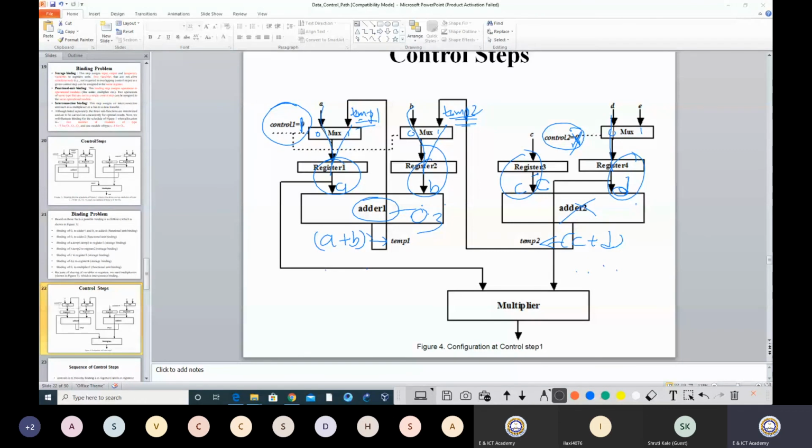So in order to do that, what will I do? I will put an X only. So there will be nothing happening over here. Even you can have a one enable for this adder 1 and adder 2. So in time step 2 you need to ensure that this is basically disabled, this is only enabled. At that time this is also disabled.